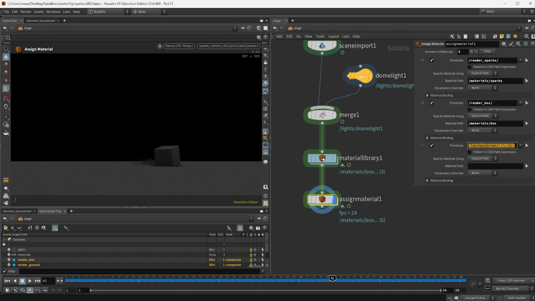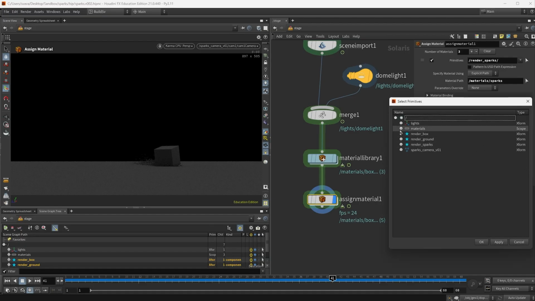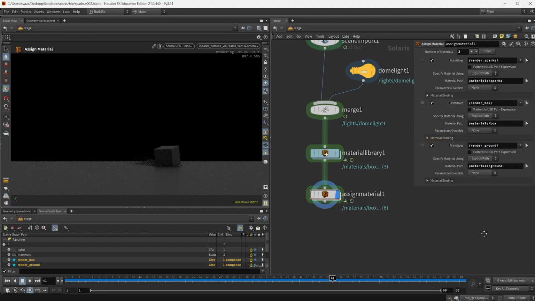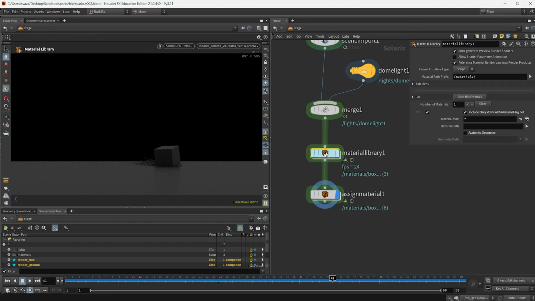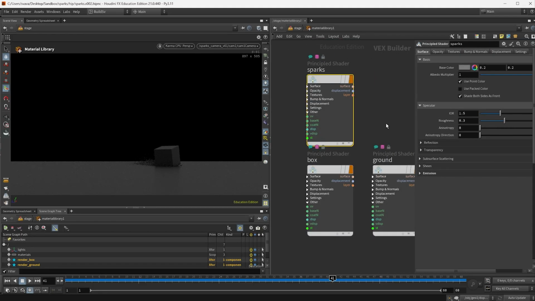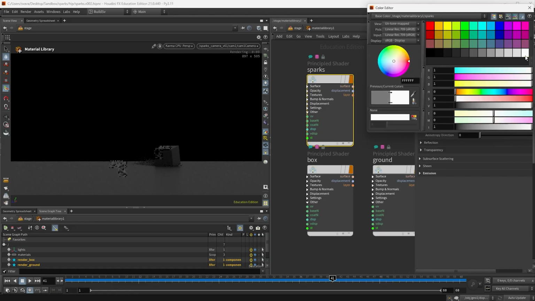And then the ground, render ground. And I'm going to use the ground material. Now let's go back into here. We can start with the sparks. I'm going to make them white.